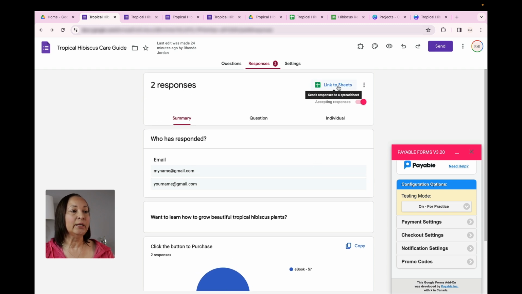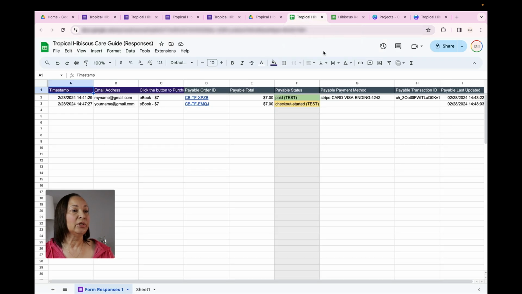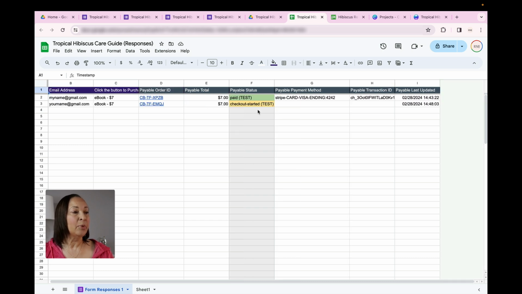And you'll see that it is linked to a spreadsheet. Now, if I come over to the spreadsheet that it's created, you're going to see the two email addresses that I put in, the payable total, and you'll see that it says that it was paid and the checkout process was started.